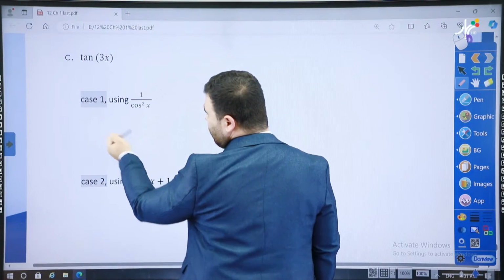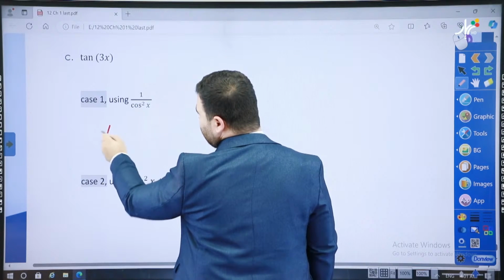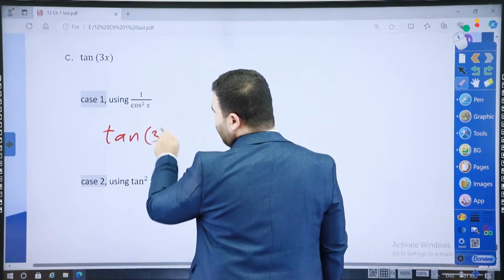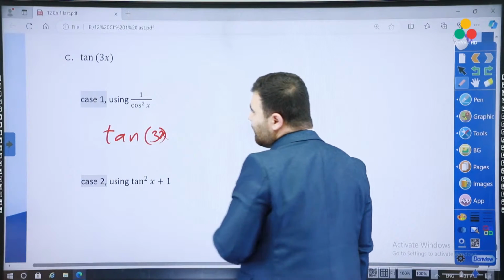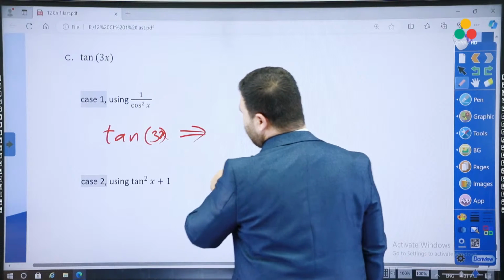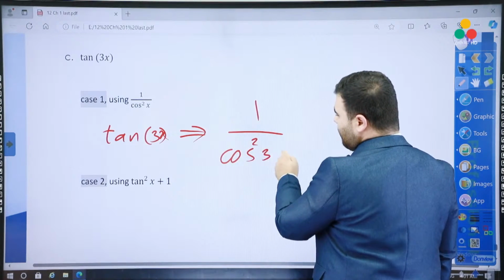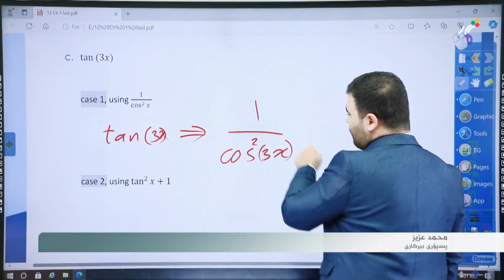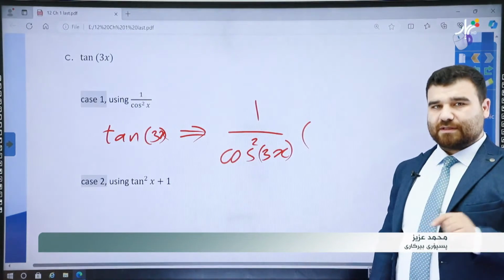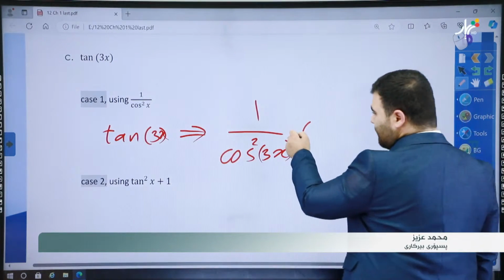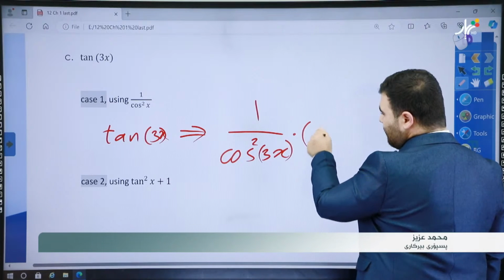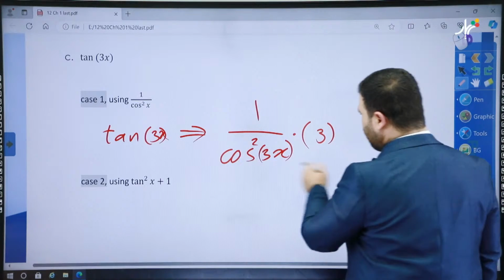So the derivative in case 1, tan 3x becomes 1 over cosine squared 3x. Always remember, times the derivative of the inside. The derivative of the inside is 3. Then this simplifies to